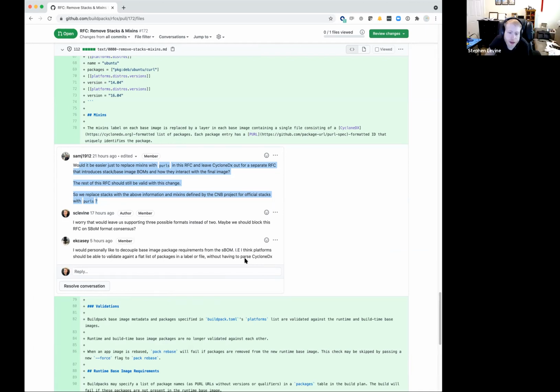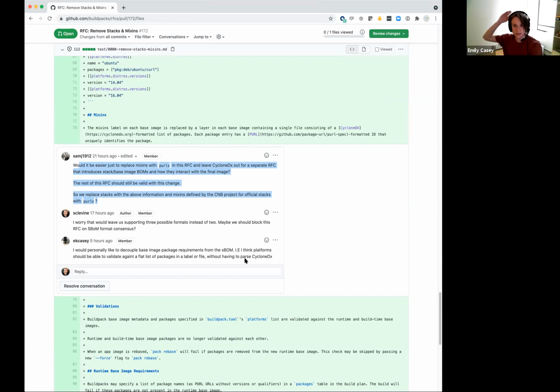A separate RFC. I mean, we need one anyway for the stack BOM thing, right? I was imagining that's where it would go. But because we still have to figure out how we use this BOM, right? We haven't figured that out yet, like how this would be used when you do a rebase operation or when you do a build operation, and how do you update the final BOM of the image?